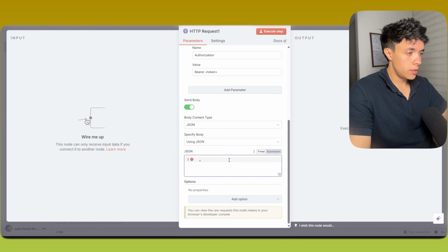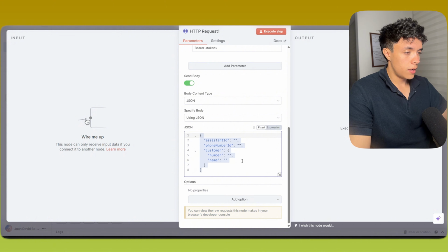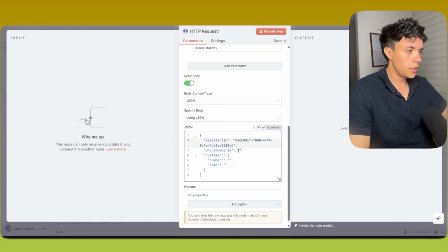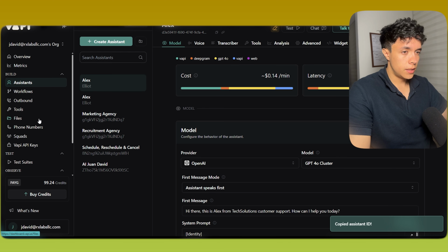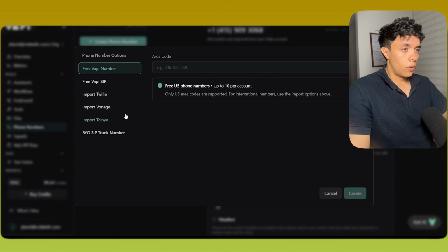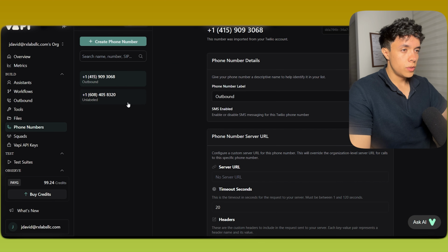So I'm gonna copy and paste this. This should be a valid JSON. The only thing left is just passing right here the right parameters that we should use. So the assistant ID, as I mentioned, we go to VAPI, copy and paste. The phone number ID, we should also go to VAPI, and here in our phone numbers, we can either buy a phone number out of Twilio or Vonage or Telnyx, or VAPI also allows us to buy some phone numbers. We have free US phone numbers, but if you are outside from the US, this is going to be a problem. In this case, let's use this one, which is the +1 415, and here it is